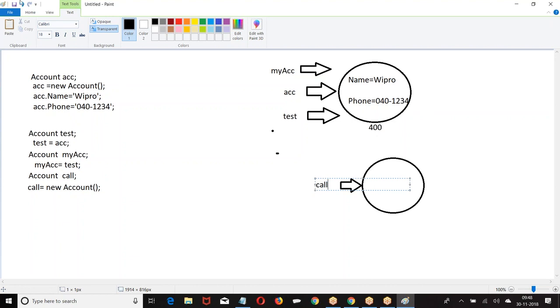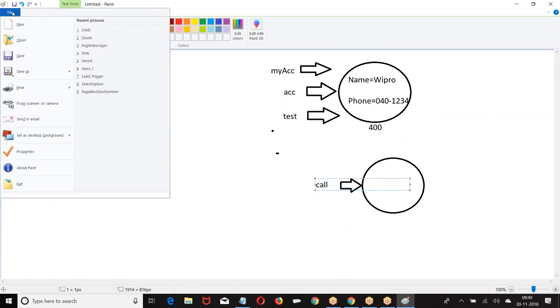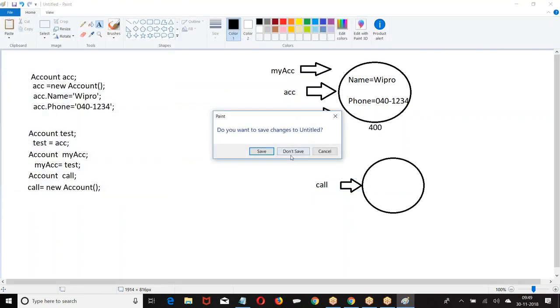Now let us take another example. I hope you got this clarity. Everyone is clear, good with this? If you are referring to the existing record, no need of allocating a memory. Straight away we can refer to it. If you want to create a new record, then we have to use new. I hope you are good with this. For reference purposes, I am giving one example.